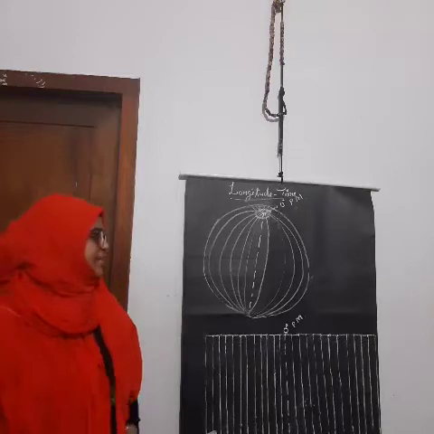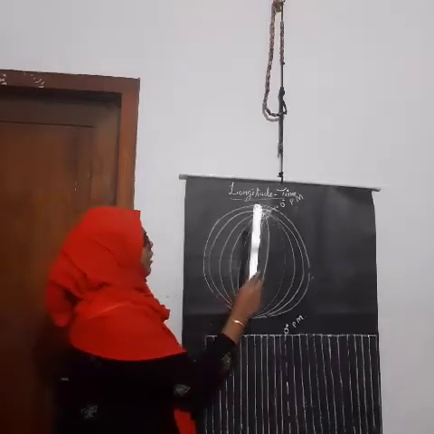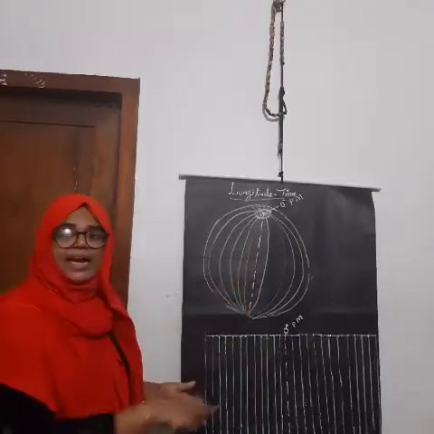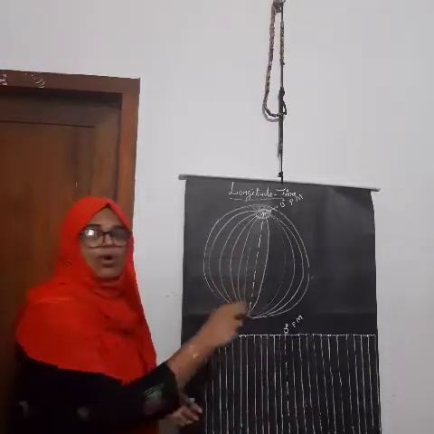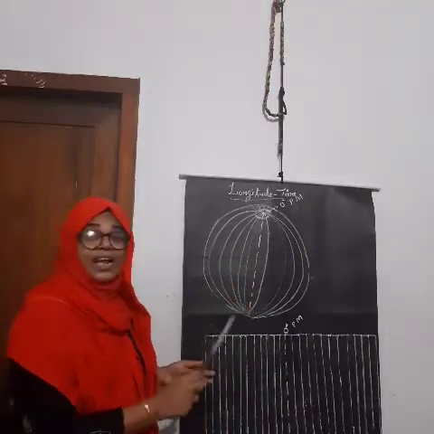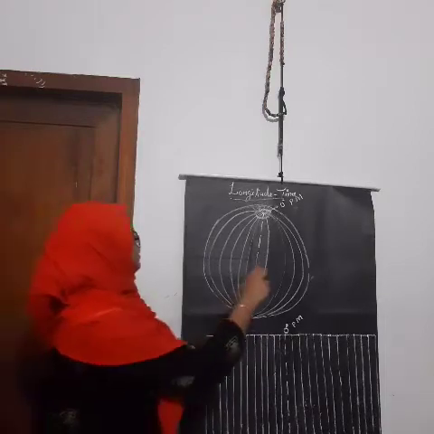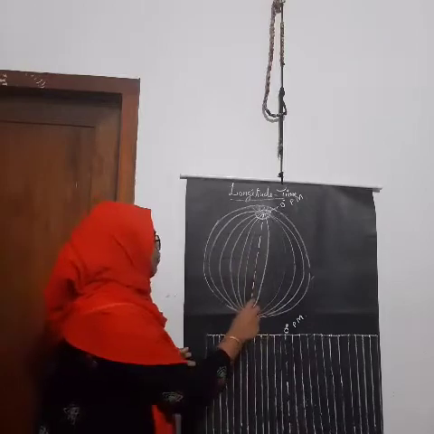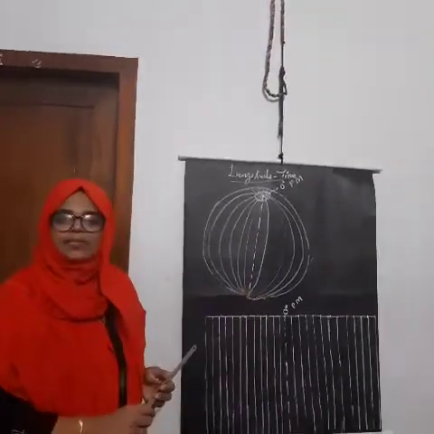Got it? Yes. So now you can see many vertical lines are there. All the vertical lines are called what? Longitudes. You may know there are peculiar lines drawn. These longitudes. What will be the distance?